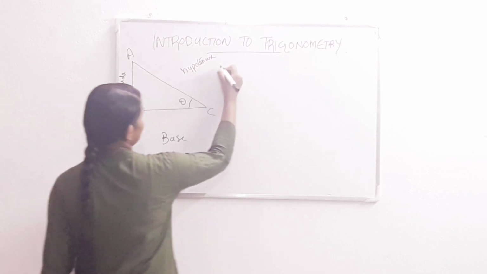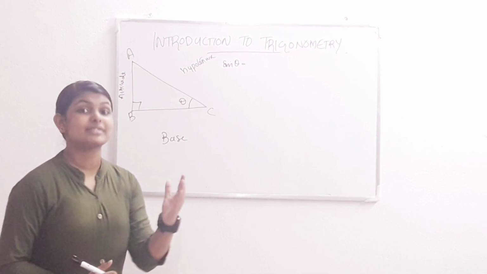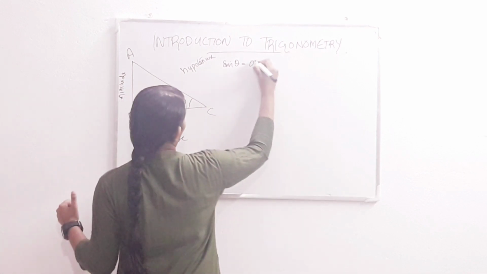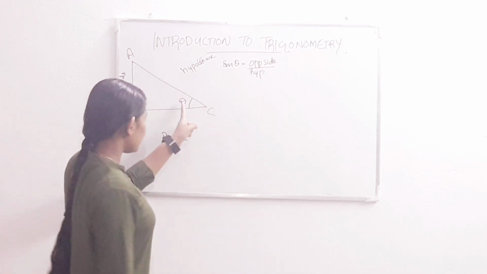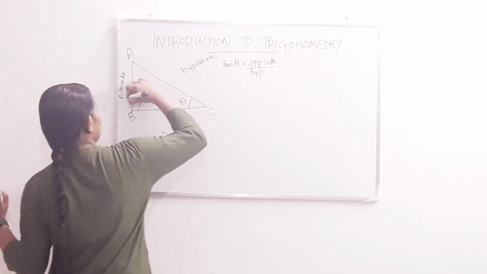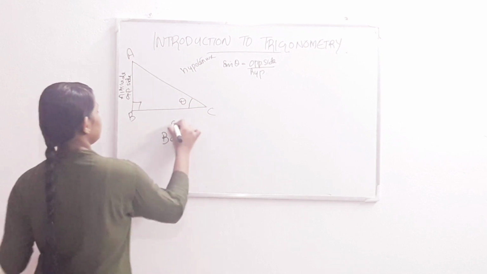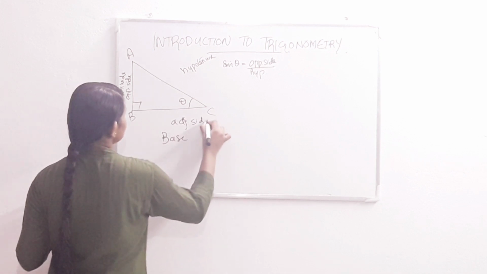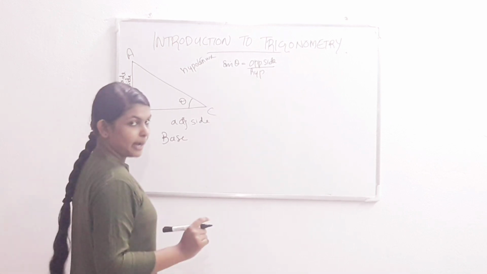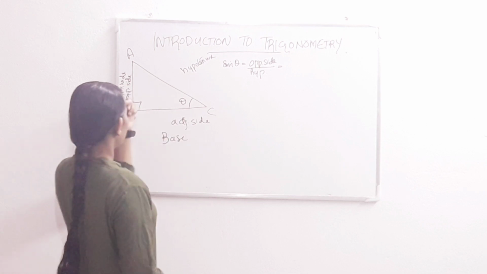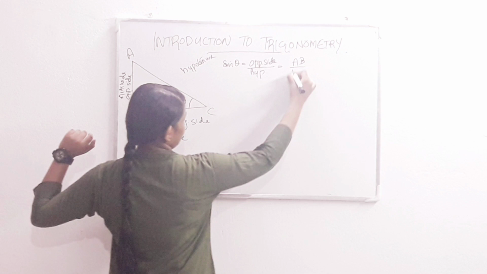So, first of all, we define sin theta. So what is sin theta? Yes, sin theta is opposite side divided by hypotenuse. With respect to this theta, this is the opposite side, and this BC is the adjacent side. We can't take AC as the adjacent side because it is already the hypotenuse. So sin theta is equal to opposite side by hypotenuse, and here the opposite side is AB. So AB divided by the hypotenuse, which is AC.